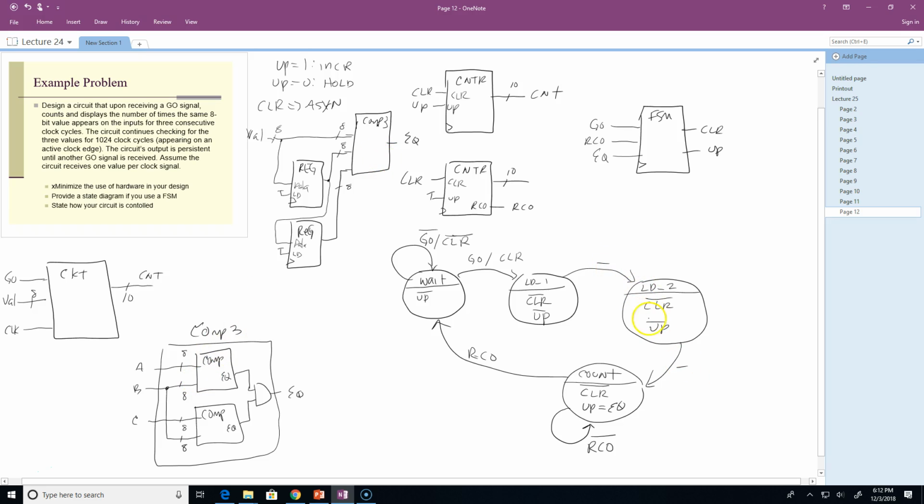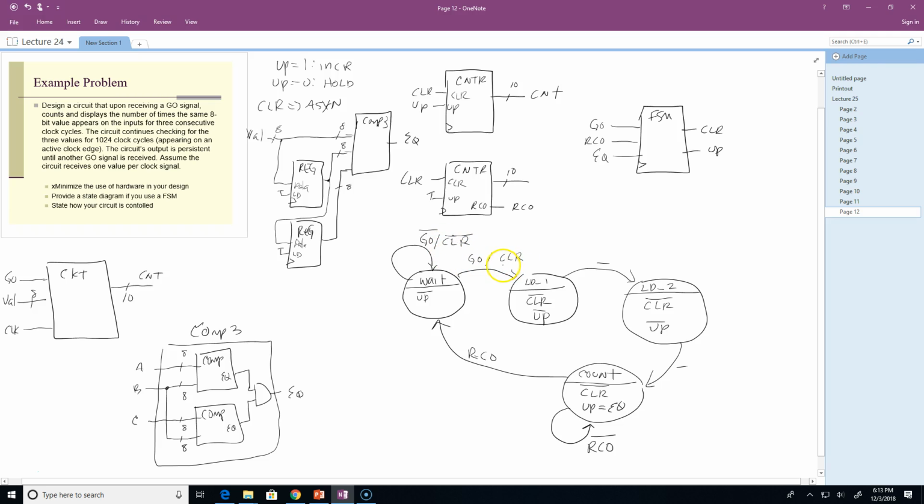All the transitions are accounted for, particularly even the unconditional transfers. I put a dash there. If it was just an arrow without the dash, it would not be correct. And typically speaking, this clear here, the way I've used it, I've designed it as a Mealy machine. It looks like a Moore output in these states, and essentially is acting like a Moore output in these states, but it's really truly a Mealy output, because in this wait state,